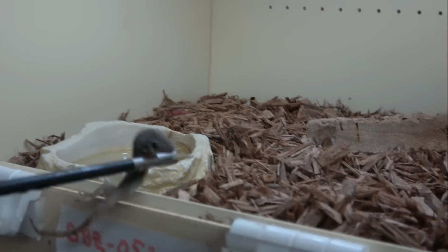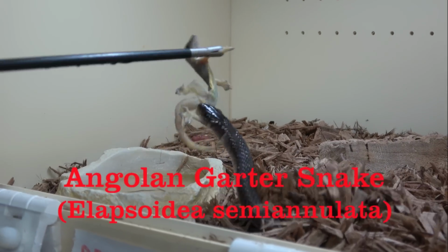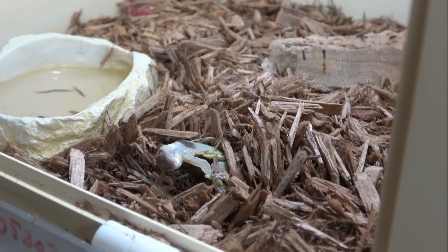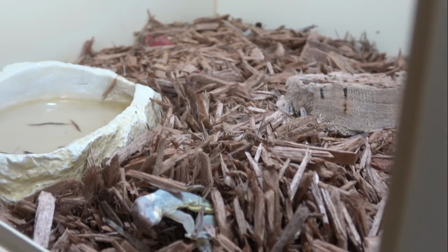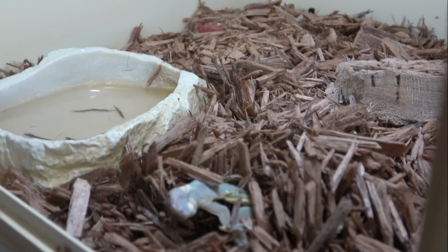So right now we're going to offer the Angolan garter snake a gecko. Oh, here he is. That's the problem, he's a sandworm and he drags it back under. I offered him a mouse the other day, a pinky mouse. He wasn't really interested, but he's very interested in